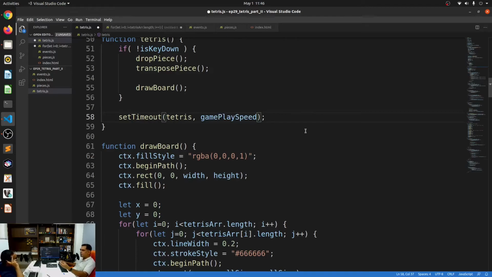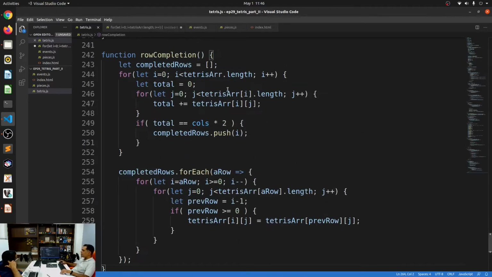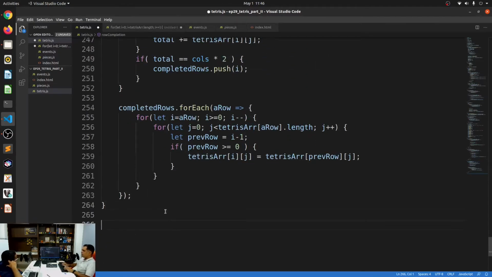The idea I have here is that every time the level increases, we sort of reduce some milliseconds from this gameplay speed. All right. So how do I calculate the score? I'll calculate the score right after this row completion. And I'll write a function for that and say